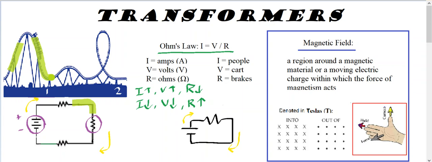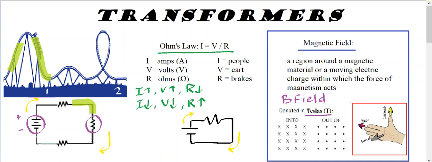It is usually related to as the B field. So B field and magnetic field can be used interchangeably. It is measured in Teslas, denoted by capital T that we see right here. And when we are denoting that there is a magnetic field on the page, we'll use either X's or dots. The X's mean that the B field is going into the page. The dots or O's mean that the B field is coming out of the page, because remember, it's an area,